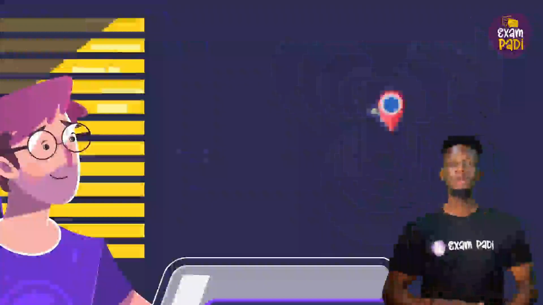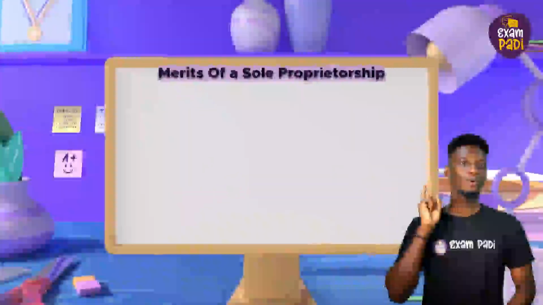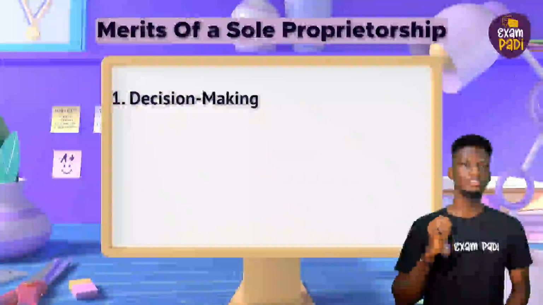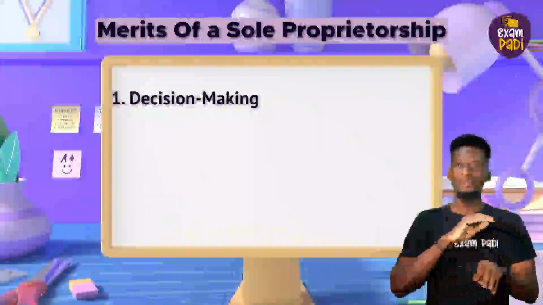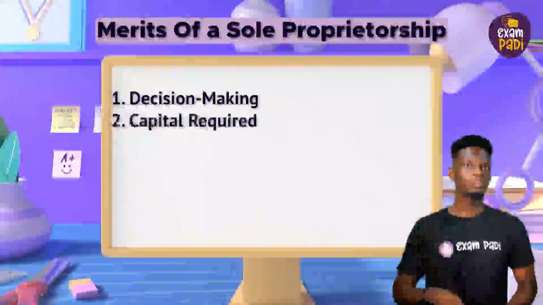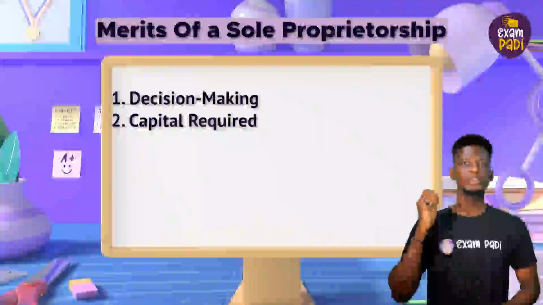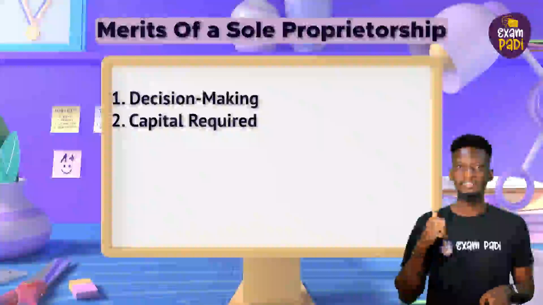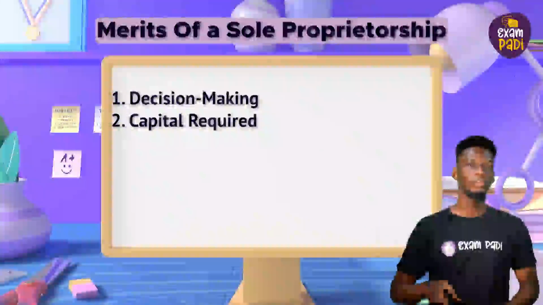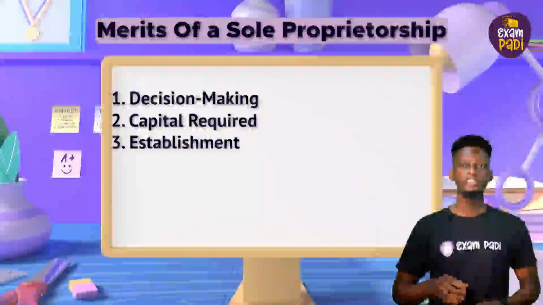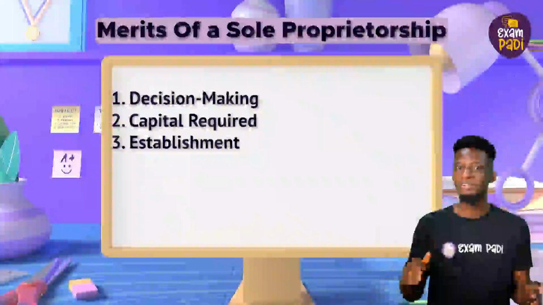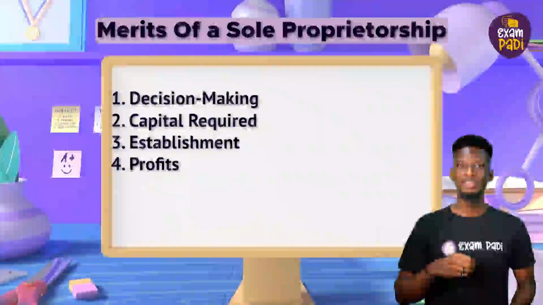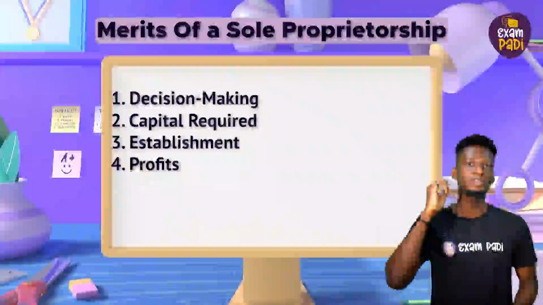company's debt. Merits of a sole proprietorship are: 1, decision making. Quick decisions are made and actions are taken by the sole proprietor alone without any worker's consent. 2, capital required. The sole proprietorship requires a tiny fortune to set up because it's easy and cheap to start and end. 3, establishment. It is straightforward to establish because of the small capital requirement. 4, profits. All the profits derived from the business belong to the company's owner because the capital outlay came from